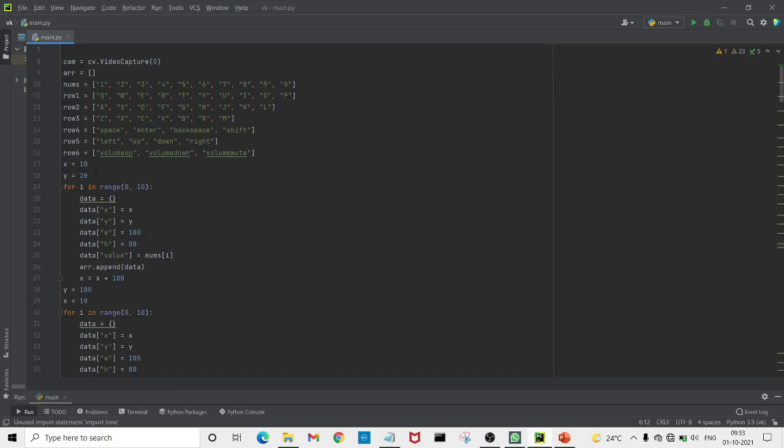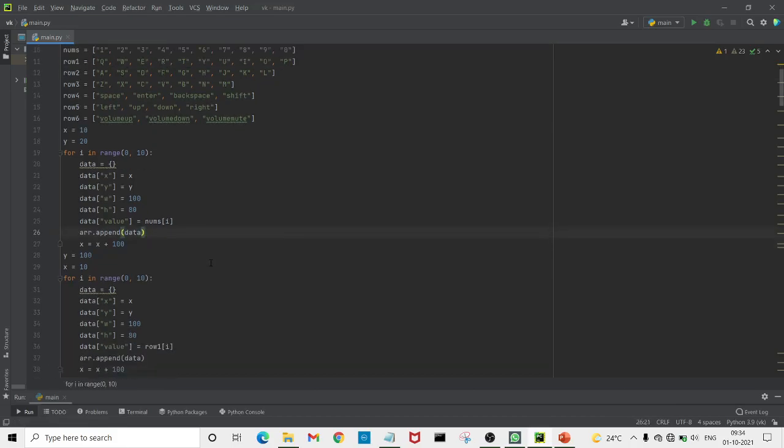So for i in range 0 to 10, we'll declare a range from 0 to 10 and data equals curly brackets, a pair of braces which creates an empty dictionary. Then declaring x and y coordinates and its width and height, we'll declare a value for num i. In this case, the numbers will be declared.